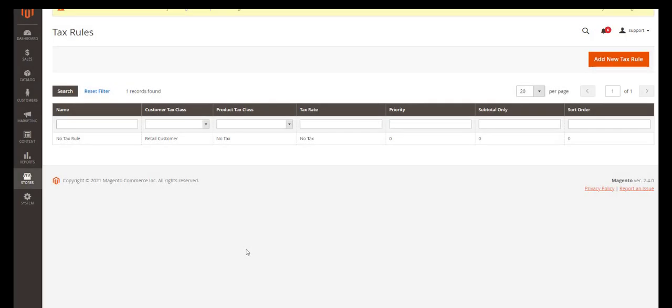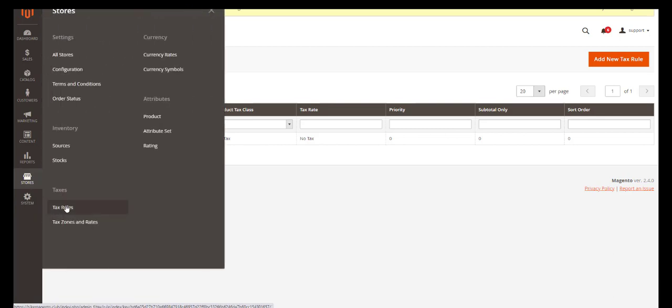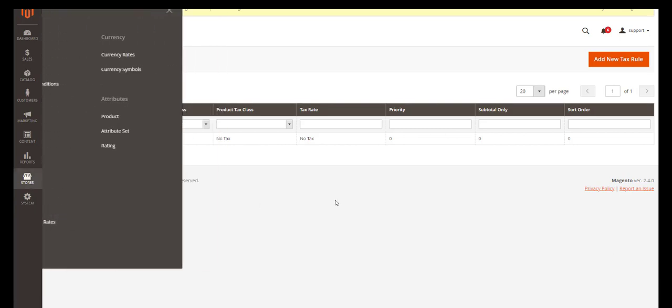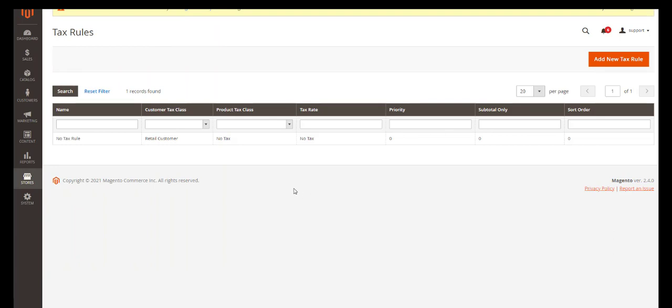Now the next thing we want to do is to log into your Magento administration area. Once you've logged in, you should reach a screen here which you can get to by selecting the Stores button and selecting Tax Rules. We need to make sure that the taxes listed here match up with what's defined in our Hike store. We've created a no tax rule here already, which is going to be applied for the no tax area, but we'll also show you how to create a new tax rule. So if you select the add new tax rule button,